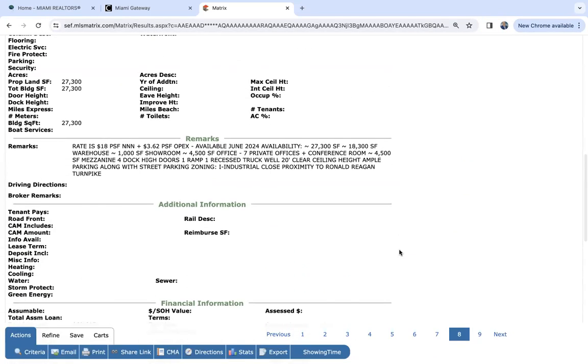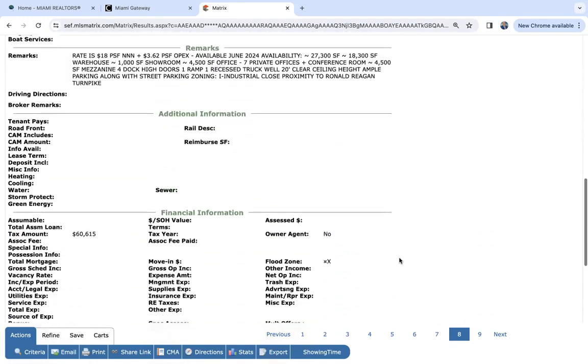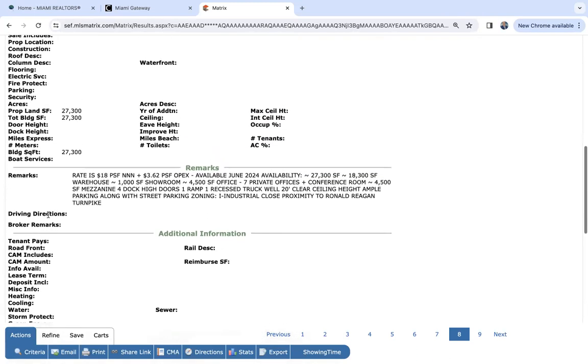All right, so searching for properties, guys, on the MLS requires you to read a little bit more on the remarks. Commercial agents usually don't enter much information in the listing. So reading the remarks is very important. It says rate is $18 price per square foot, triple net lease. Okay, available June